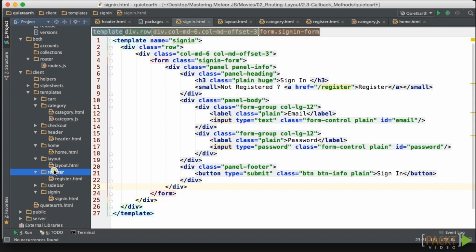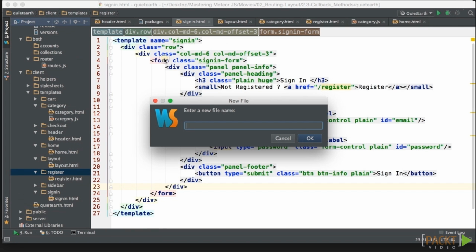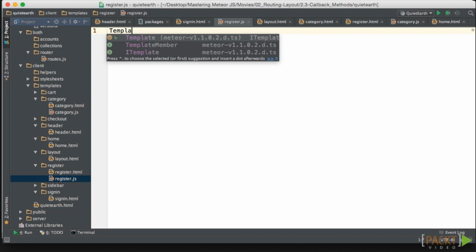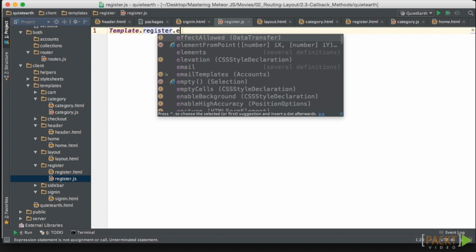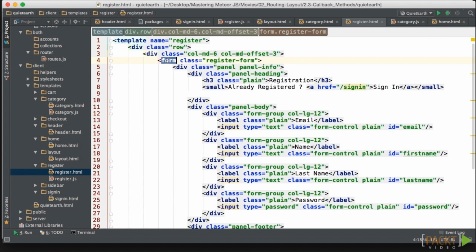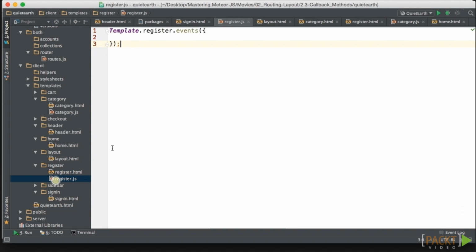If we go into our code and go into the same folder as the register HTML, we're going to create a register JavaScript file. And in this file, we're going to put Template.register.events. This is where we're going to handle any events on the form. Notice there's a form tag here as well as an email ID on one of the fields. So we're going to use that by saying submit form function, basically saying that we're handling the submit of that